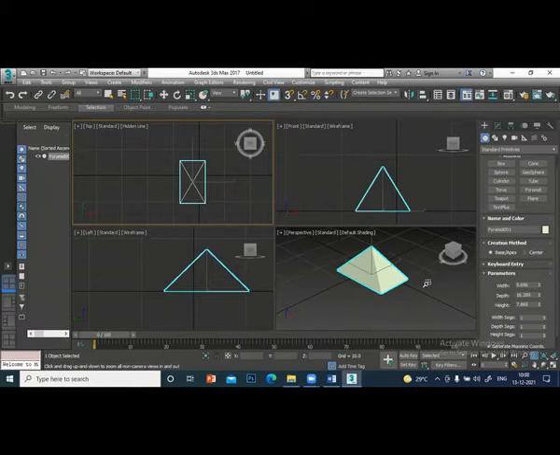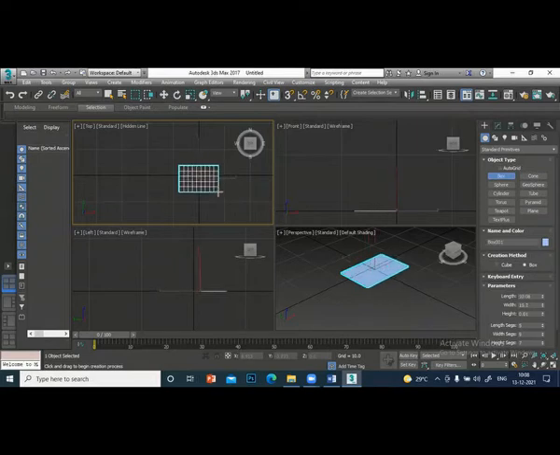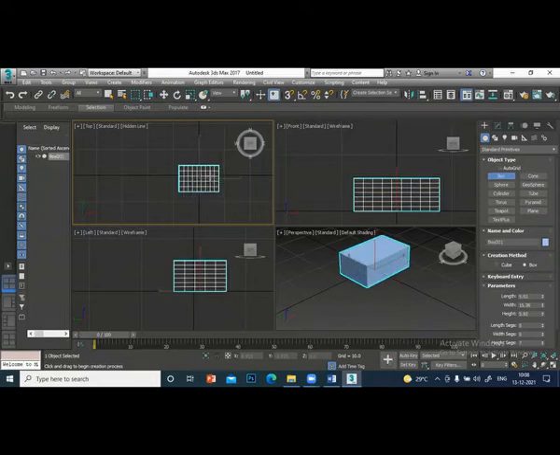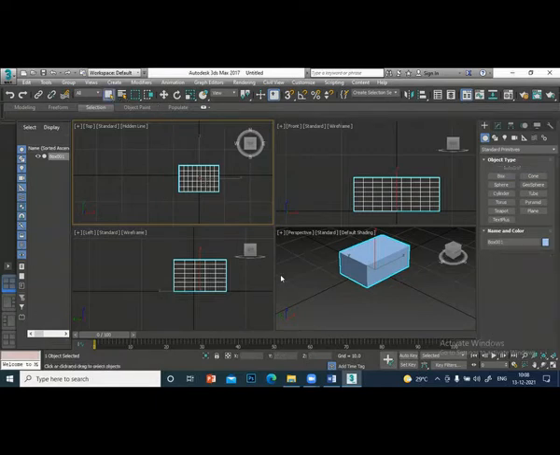And a very, very important, interesting thing is that when you create an object, it is created somewhere you don't know. How will you create an object exactly at the center? I create a box. I feel I am doing it exactly at the center, but it is not exactly at the center. Okay, so how will I create an object exactly at the center?